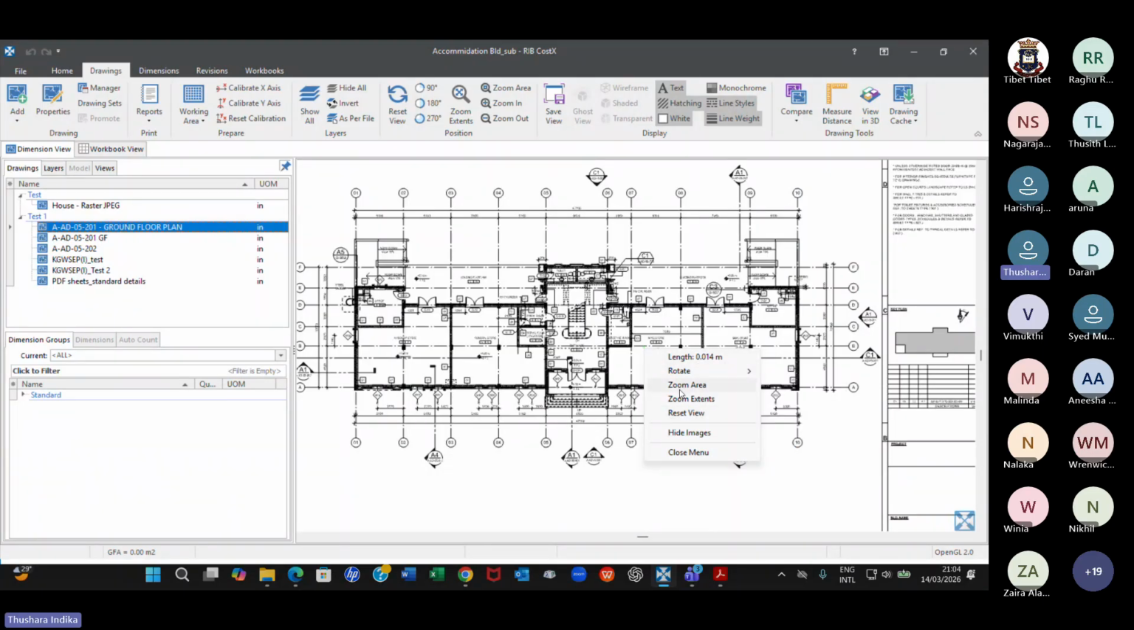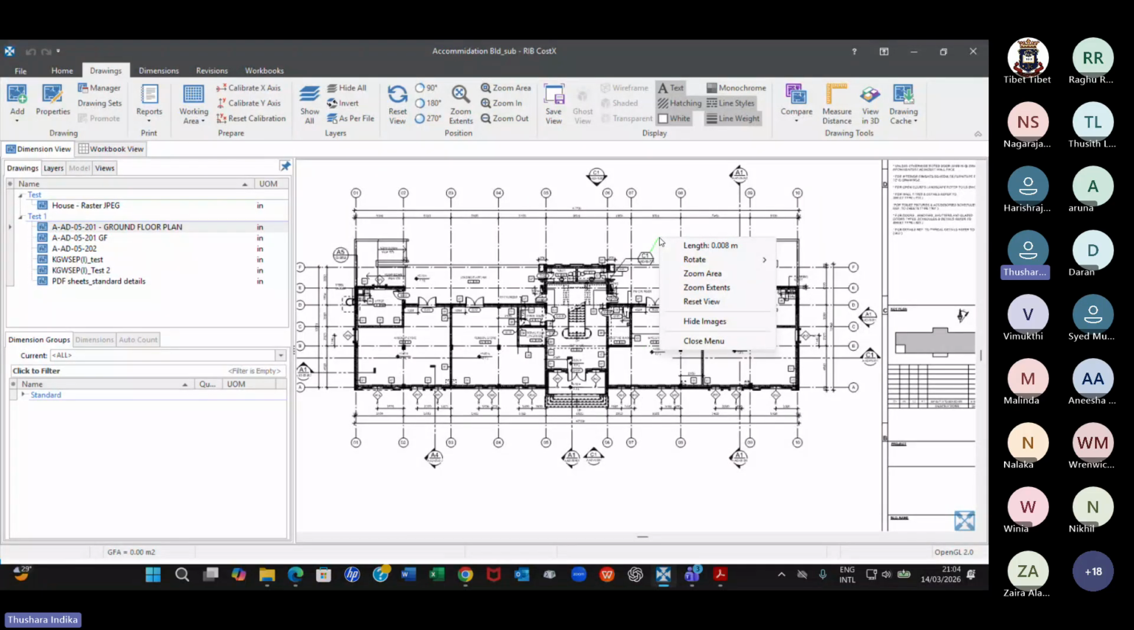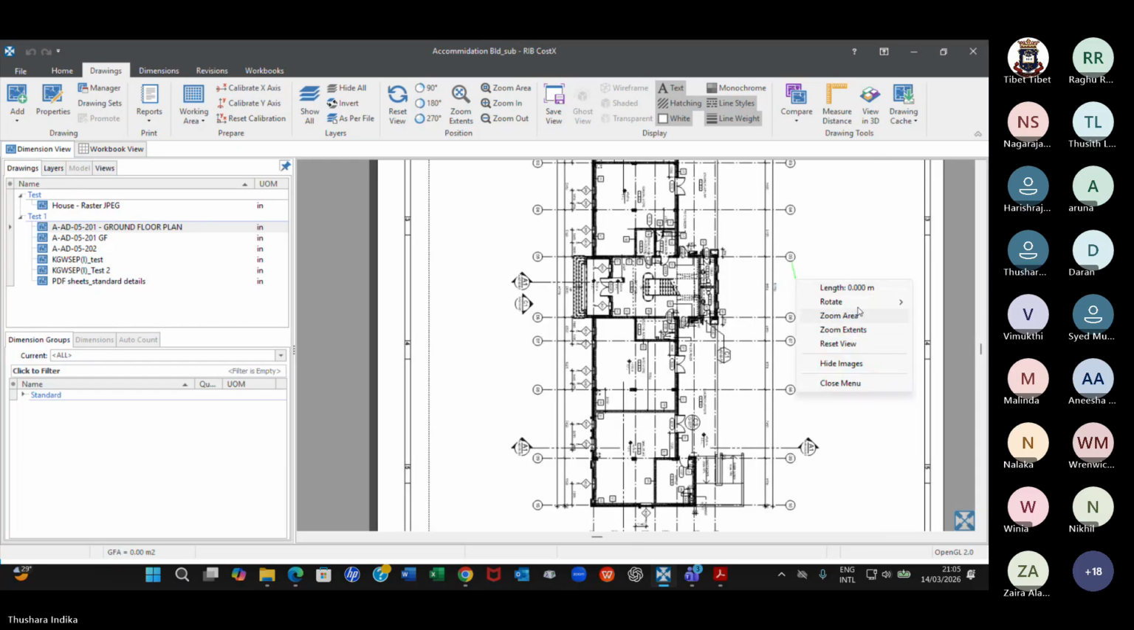Now you can do the same thing with zoom area, and reset view. So you can use some of these functions when you right click here. You can rotate the drawing like what we have discussed, so you don't have to use these icons here. When you right click on the drawing and say rotate by 90, right click, rotate by 180,